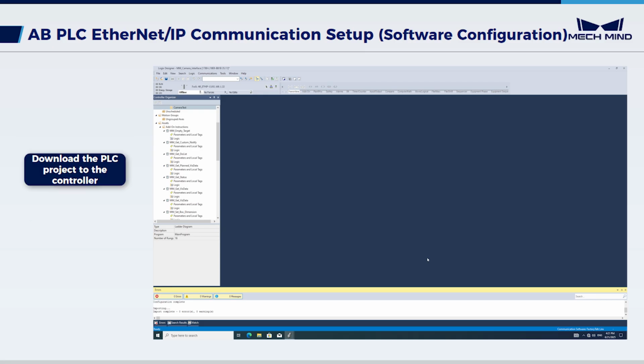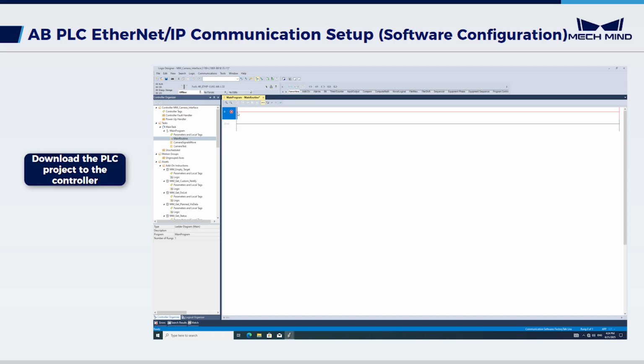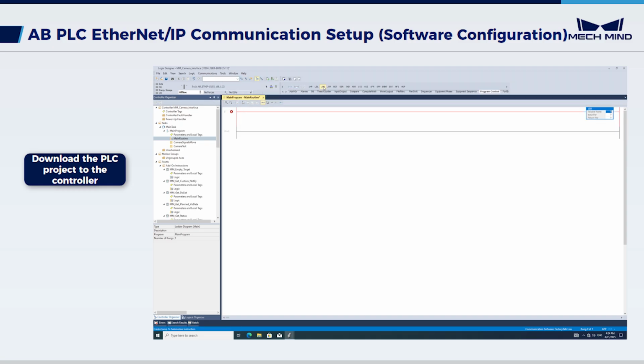Now insert subroutine calls for the Mech-Mind logic into main routine and download the updated project. Find Tasks, and double-click main routine to open it. On rung 0, insert a program control JSR instruction and configure it to call camera signals move. Double-click the parameter drop-down to clear its mapping. Studio 5000 will hide empty parameter slots, which is a quick way to tidy the rung, but don't clear parameters